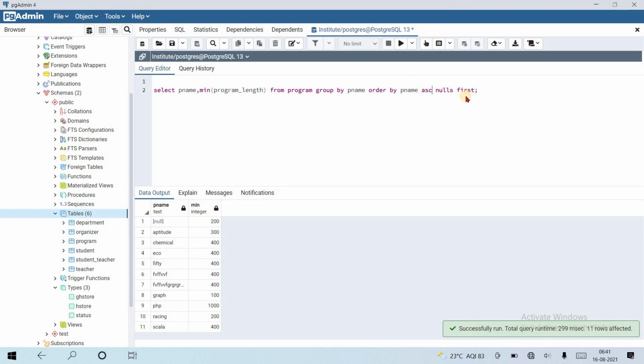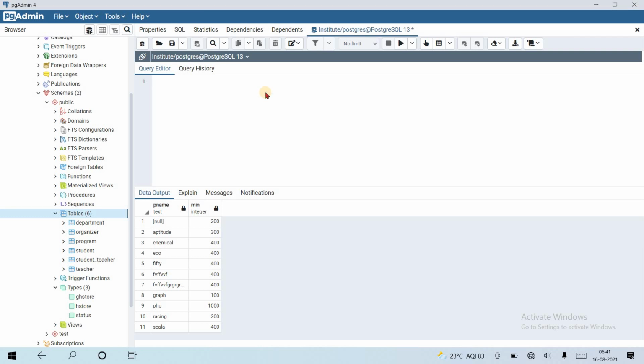Okay. Suppose, can we use group by without an aggregate function? Let's see. Suppose fetch program length from program group by program length.